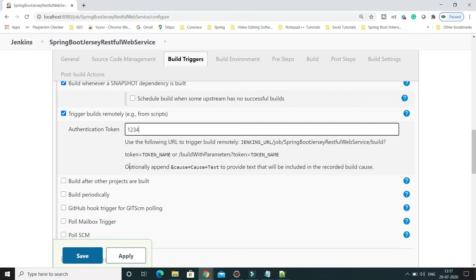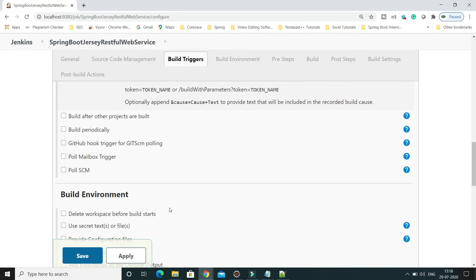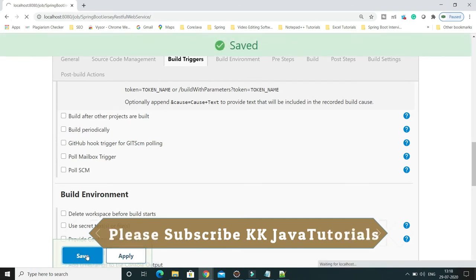I'm going to provide something very simple, like 123456. In a real scenario you can have a long authentication token so that nobody can recognize it easily, but just for simplicity I'm going to specify 123456. This token name you have to give here, and that's it. The URL is almost prepared. And of course you need to apply and save.